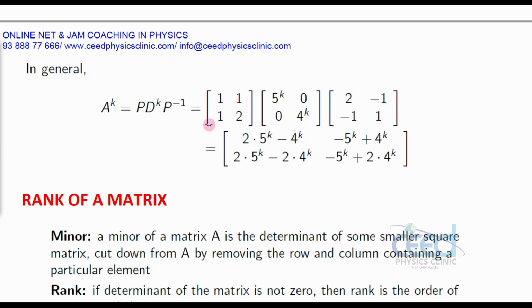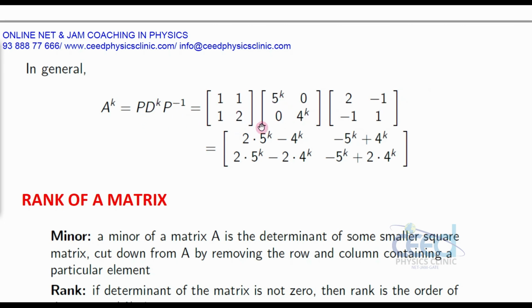How can we form it? We can find this diagonalizing matrix by writing the normalized eigenvectors as columns, and its inverse is this. You can interchange the elements and change the sign. This is the inverse.